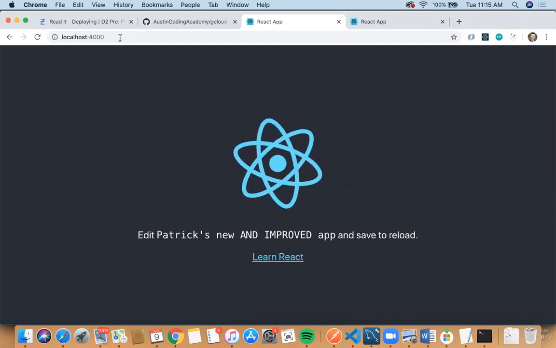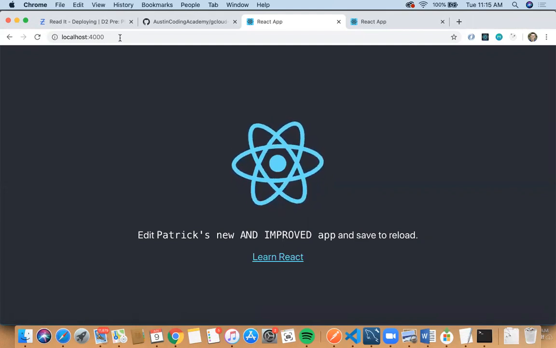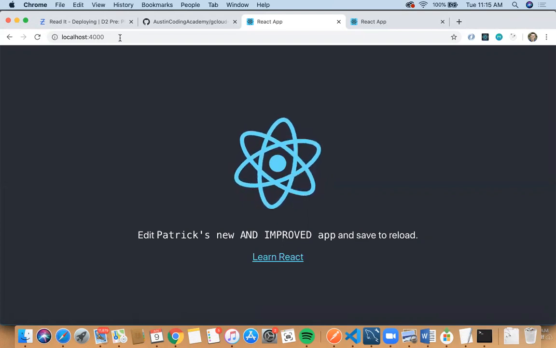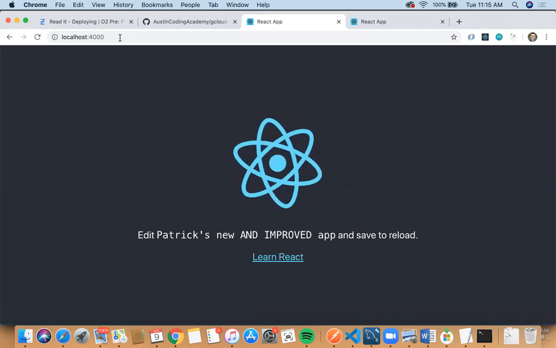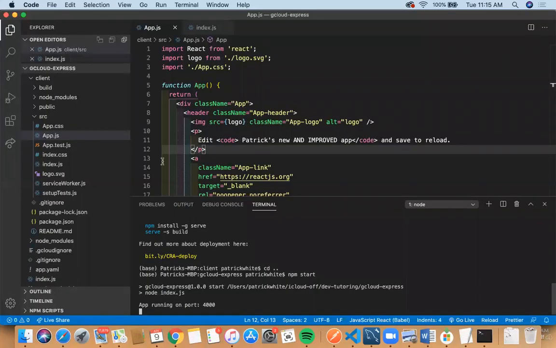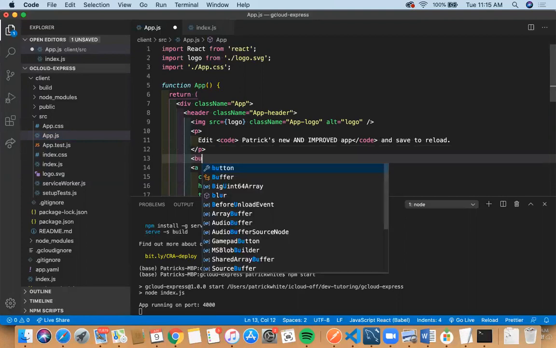Last thing I want to do before we go ahead and deploy this is make sure that this is connected to a backend of some sort. So I'm going to do a very, very simple backend. I'm not really going to worry about a SQL database. Maybe that'll be on the next one. But a simple backend. Okay, so we've got this here, and now let's put a button,